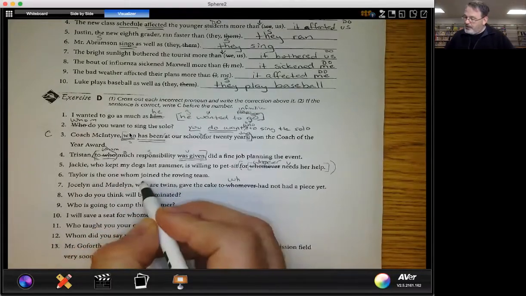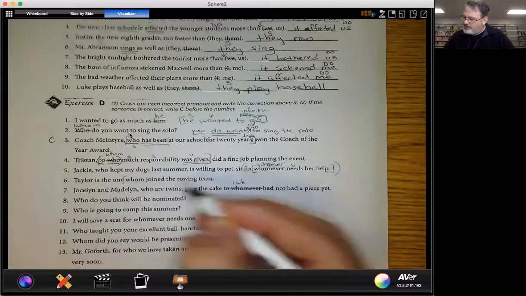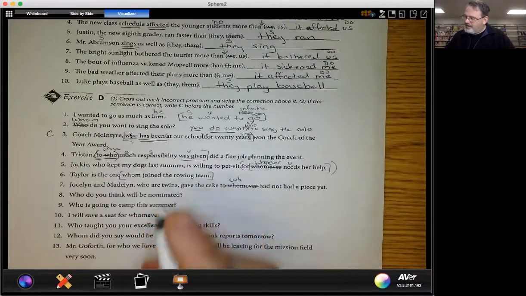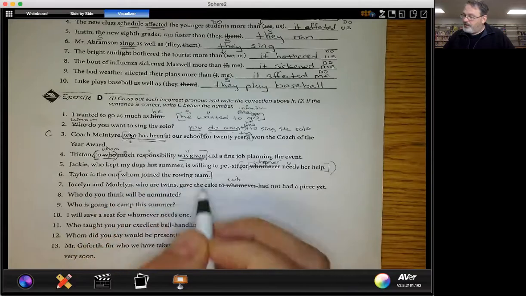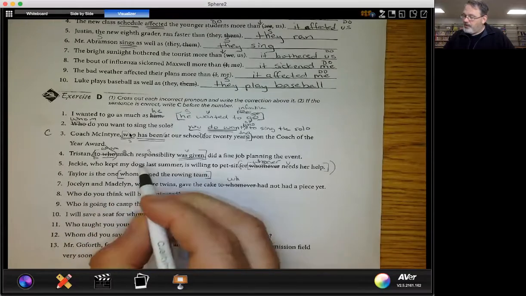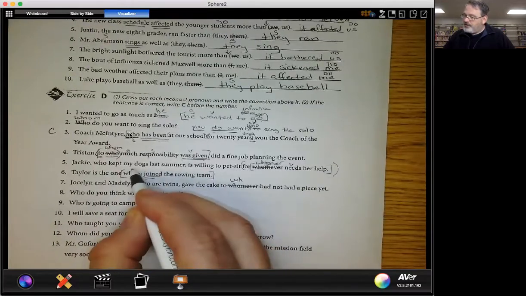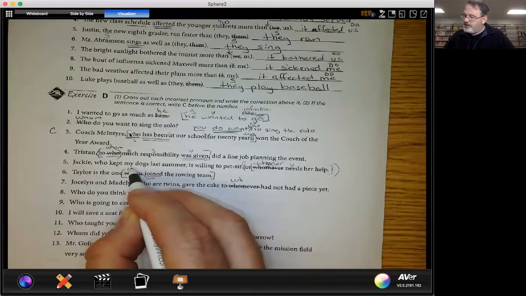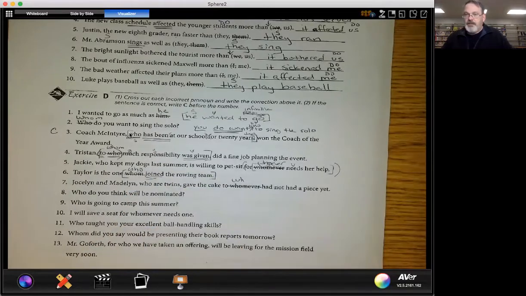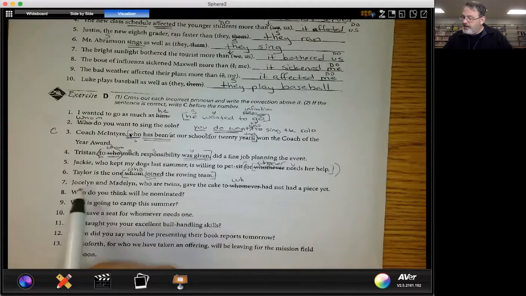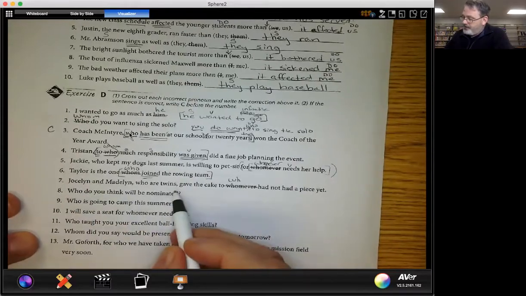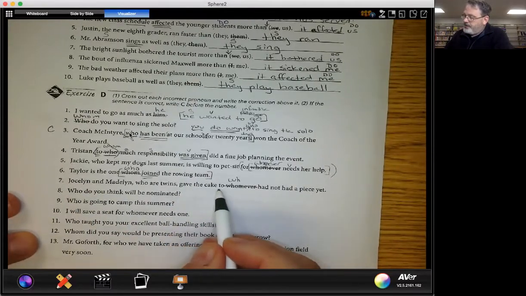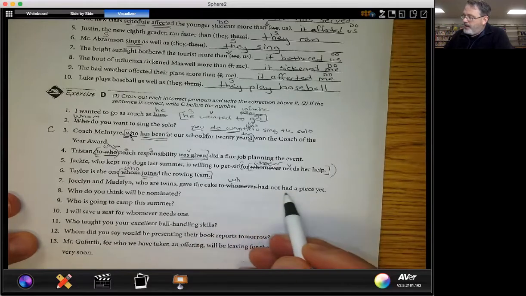And then whom, this is the clause. It's in a positive, isn't it? Taylor's the one. Which one? Whom joined the rowing team? But joined is the verb, so this is going to be a subject. We've got to change that to who, because who is the nominative case and subjects have to be nominative case. Okay. The next one. Jocelyn and Madeline, who are twins, gave the cake to whomever had not had a piece